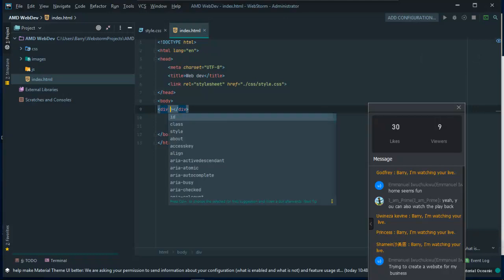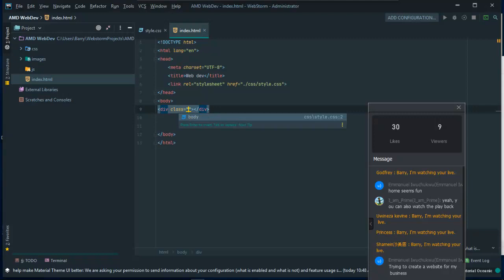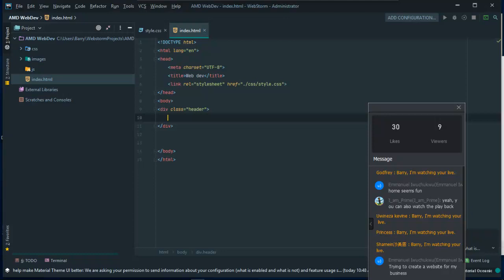Just like this one. And I'm gonna give it a class, and I'm gonna call it, what should I call it? I'm gonna call it, let's say, header, just like this. Okay, and inside my header I just need one simple thing, the logo, and then